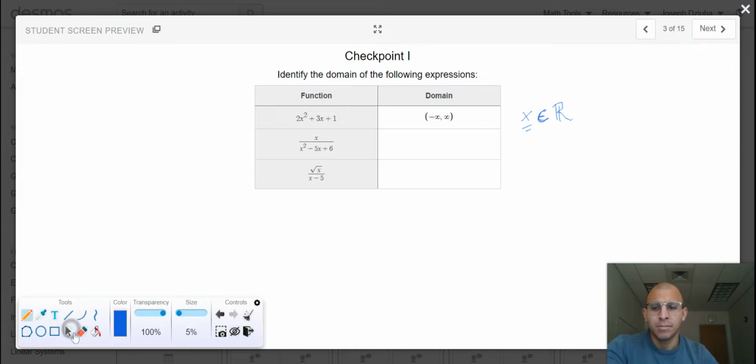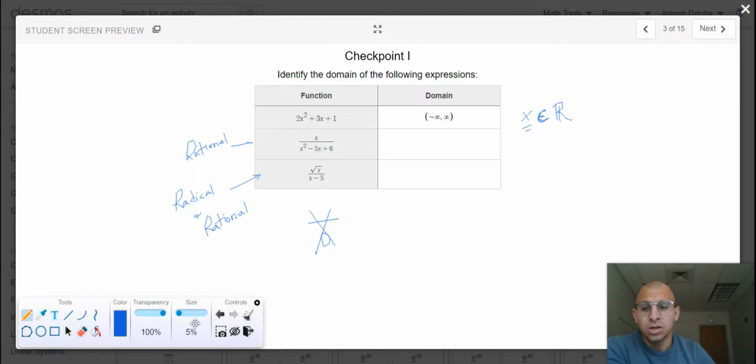Okay. Based on the previous slide, you should have come to realize that both rational And this is we can't really define this as anything. We could just say it's an expression, but it's a radical and rational. So there's a lot going on, right? With rational functions, we need to look at the denominator, right? Because we are not allowed to divide by 0. So we can say that